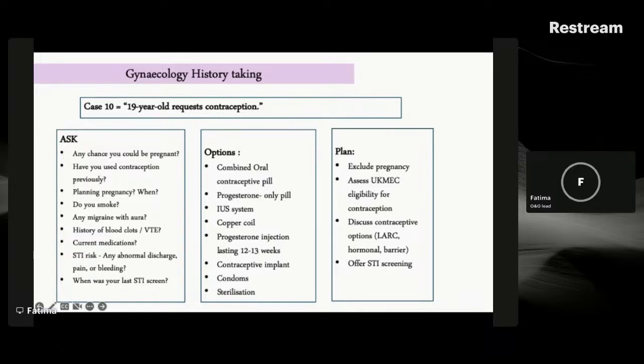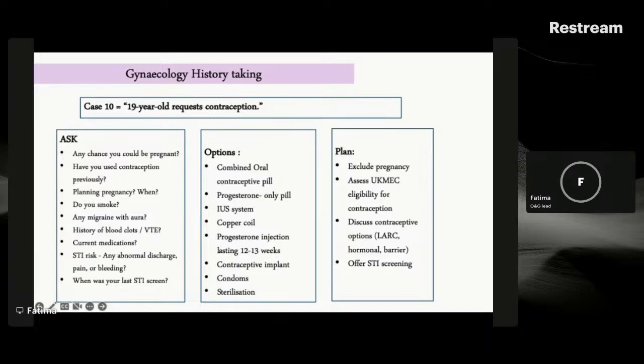And then the plan would be, firstly, you need to exclude pregnancy, so do a pregnancy test. You need to assess their UK MEC eligibility for contraceptives, so that would be asking the questions of smoking, migraine, blood clots, those kinds of questions. Discuss the contraceptive options with them. Give them the different options, the side effects that can happen, and how long they last for, and then offer STI screening as well, especially if you're going to put in a system or a coil,